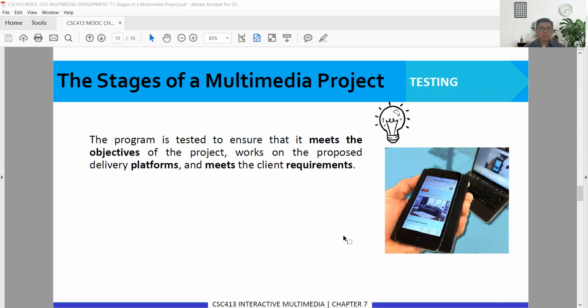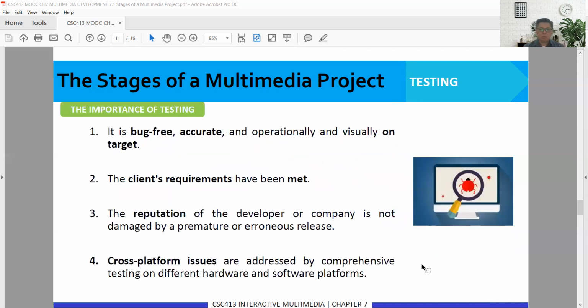The third stage of a multimedia project involves testing. So the multimedia program or product or application, depending on the focus of the development team, is tested to ensure that it meets the objectives of the project and it works on the proposed delivery platforms and meets the client requirements. So testing is very important and very crucial in a multimedia project. This is to ensure that the multimedia product is bug-free, is accurate, and operationally and